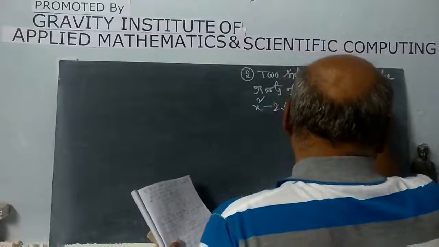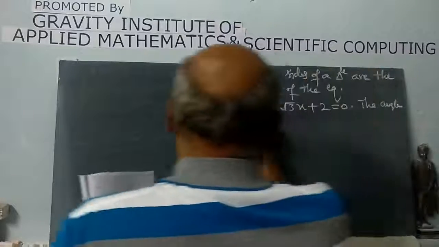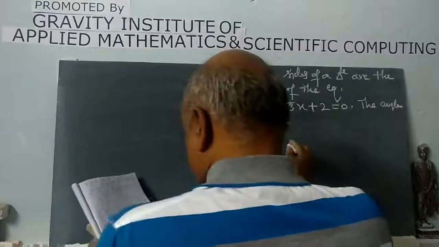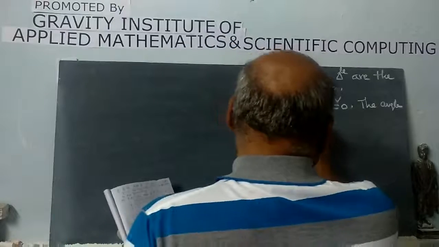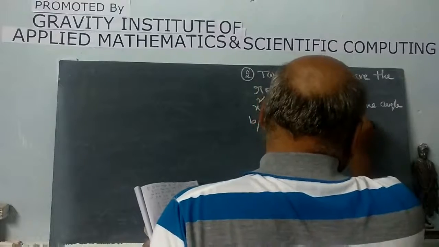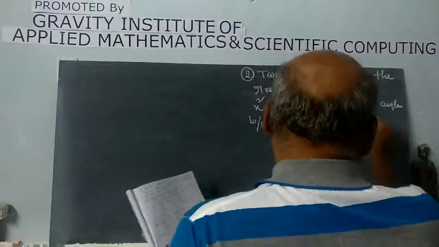The angle between the sides is 60 degrees. Then the perimeter of the triangle is